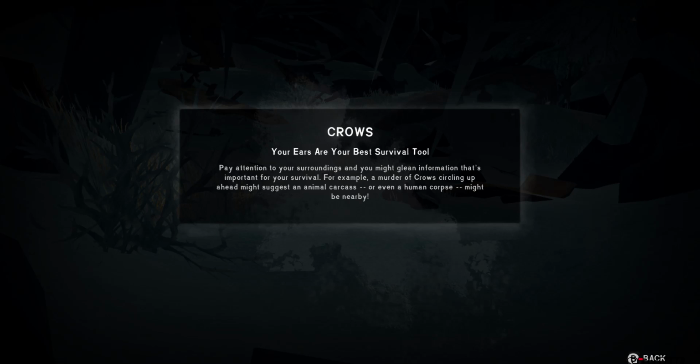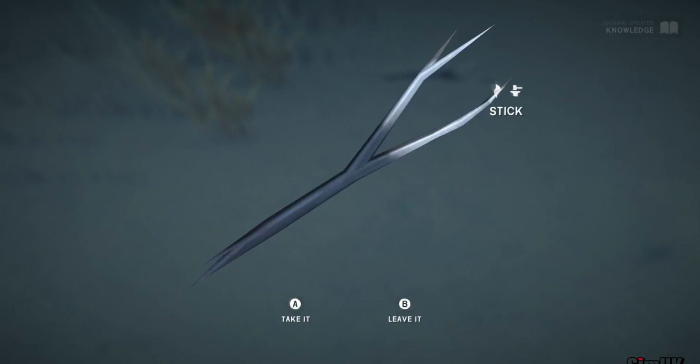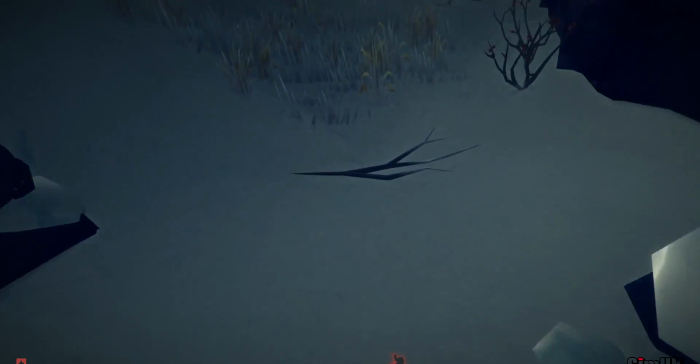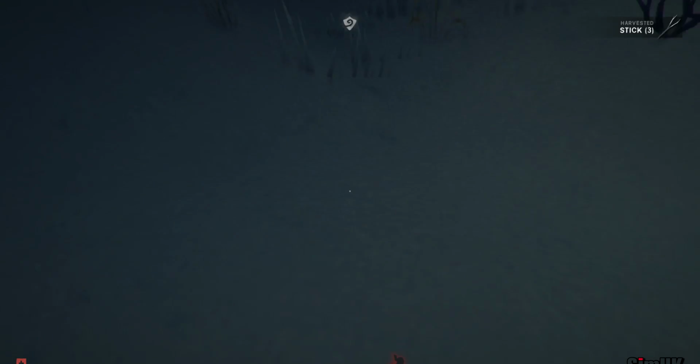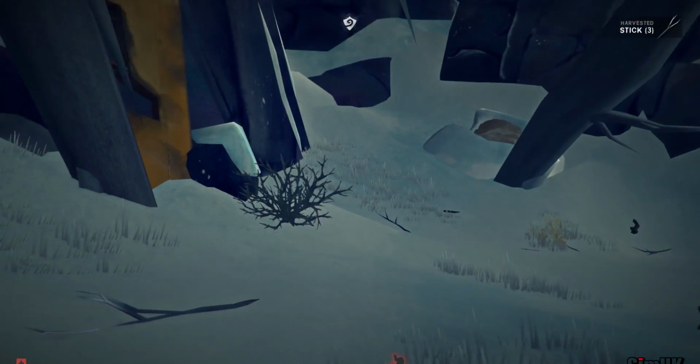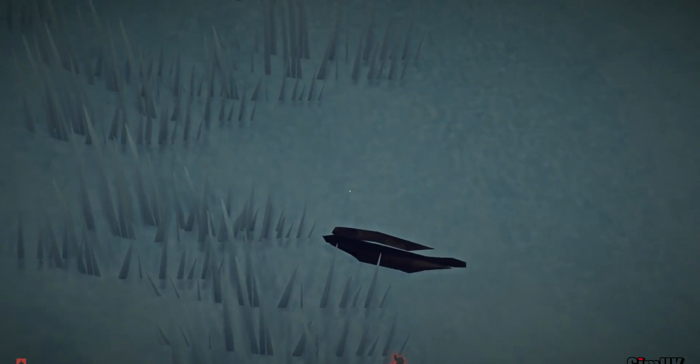So it's good. Your ears are your best survival tool. Pay attention to your surroundings and you might glean information that's important for your survival. For example, a murder of crows circling up ahead might suggest an animal carcass, or even a human corpse might be nearby. So that's pretty cool. And as we desperately need food, as well as wood to keep ourselves warm and to get some water, food is definitely something that we need to